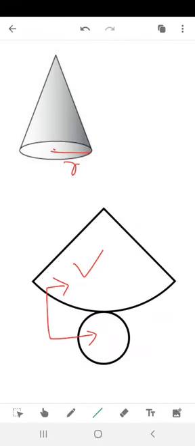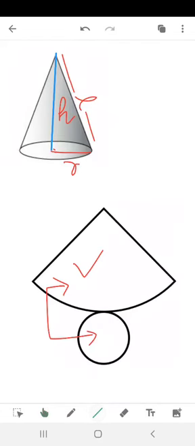And when I join the center and the vertex, this particular length is called height. Okay, so this is the height. Now what is this? This is called slant height. Okay, it is very important to understand the difference between height and slant height of a cone, because when we